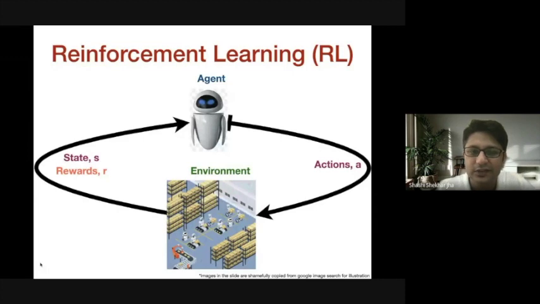So this slide provides the overall architecture of any reinforcement learning process. In reinforcement learning, we always have something called an agent. What is an agent? An agent could be your computer program, your robot, or an algorithm. Whatever you're trying to train is the agent. We always say in reinforcement learning that it is the agent that is trying to learn. So the learning is focused on this particular agent.